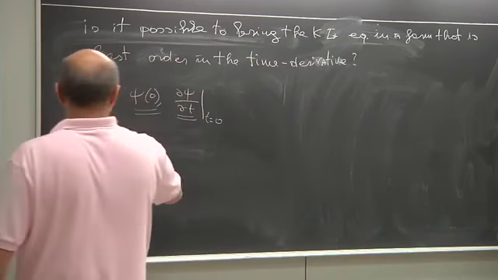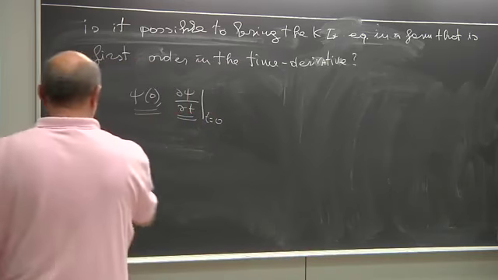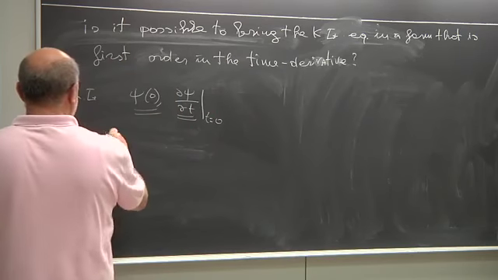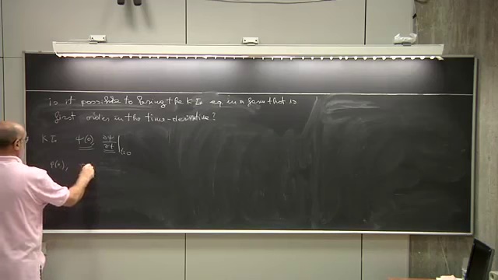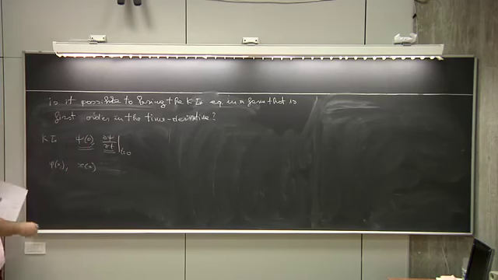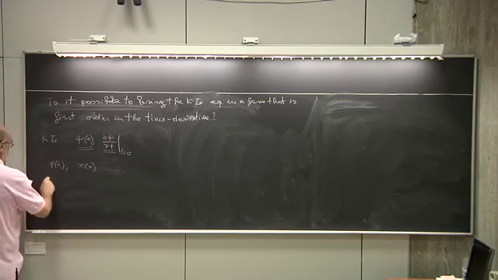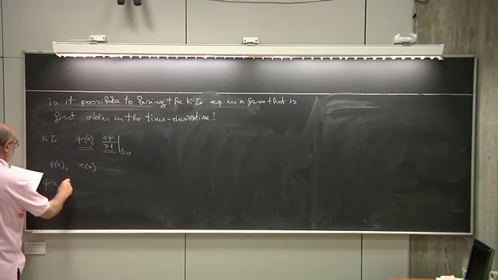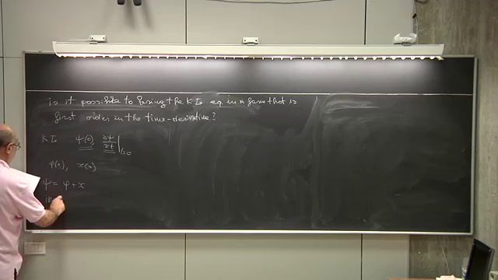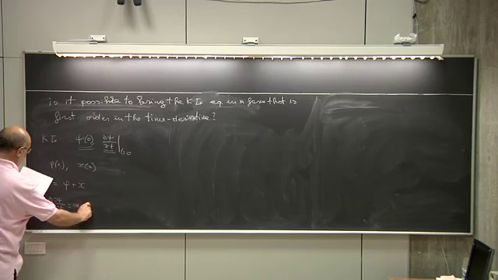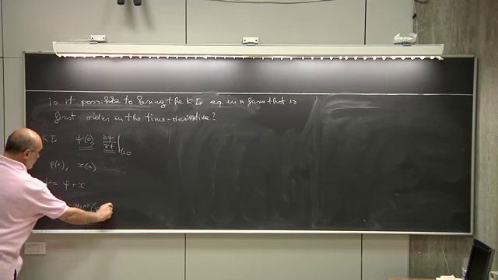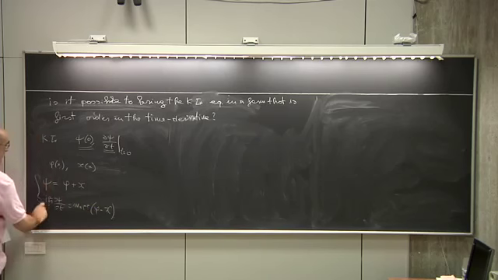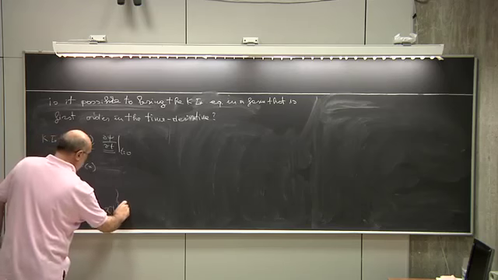So let's introduce two new quantities, phi of x and chi of x, related to psi in the following manner: psi equals phi plus chi, and i h bar d psi dt equals m0 c squared times phi minus chi. This is just a definition